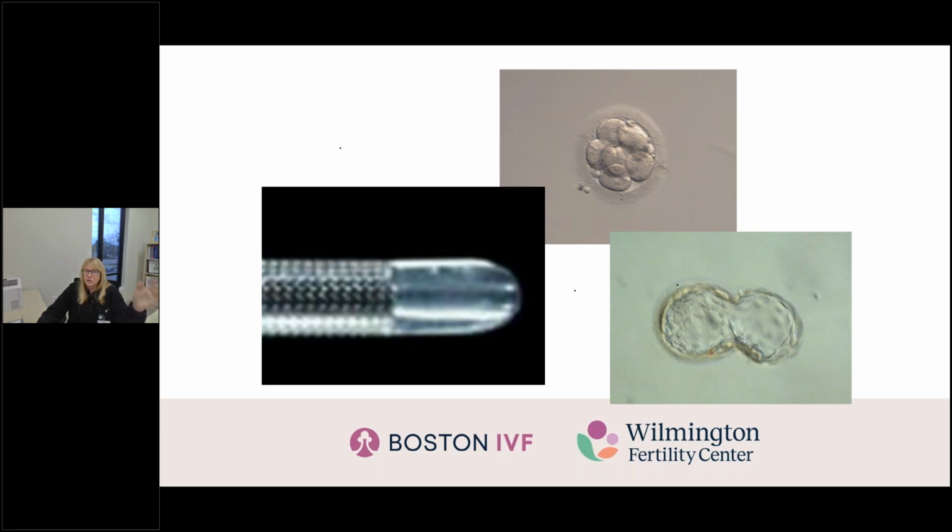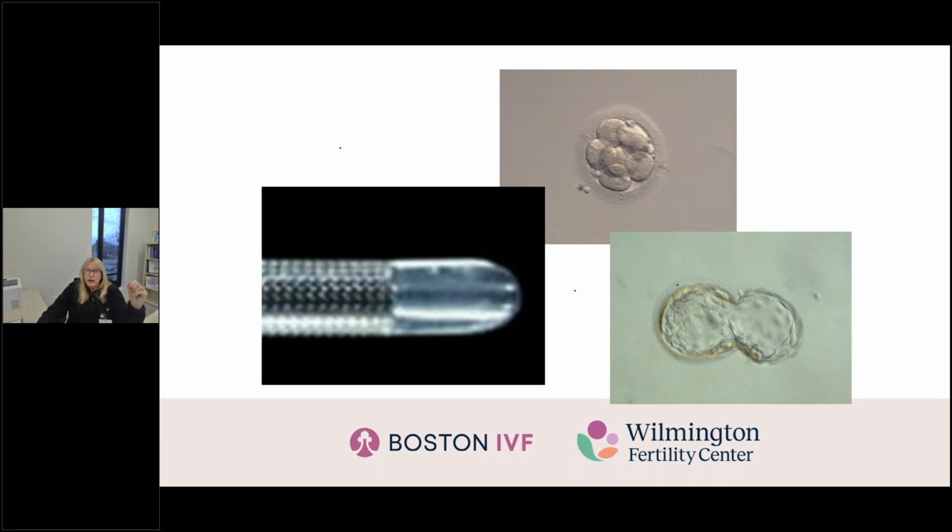It may be around 2 to 3% chance of identical twinning for a blastocyst compared to closer to the natural risk out of day 3. We do know that even on day 3, if we do ICSI, where we put the sperm through the zona, or if we do hatching, we might be increasing the rate of identical twinning at this time because of allowing the embryo to hatch. And the risks are, though, very small, those that are thought to occur with ICSI and those that are thought to occur with